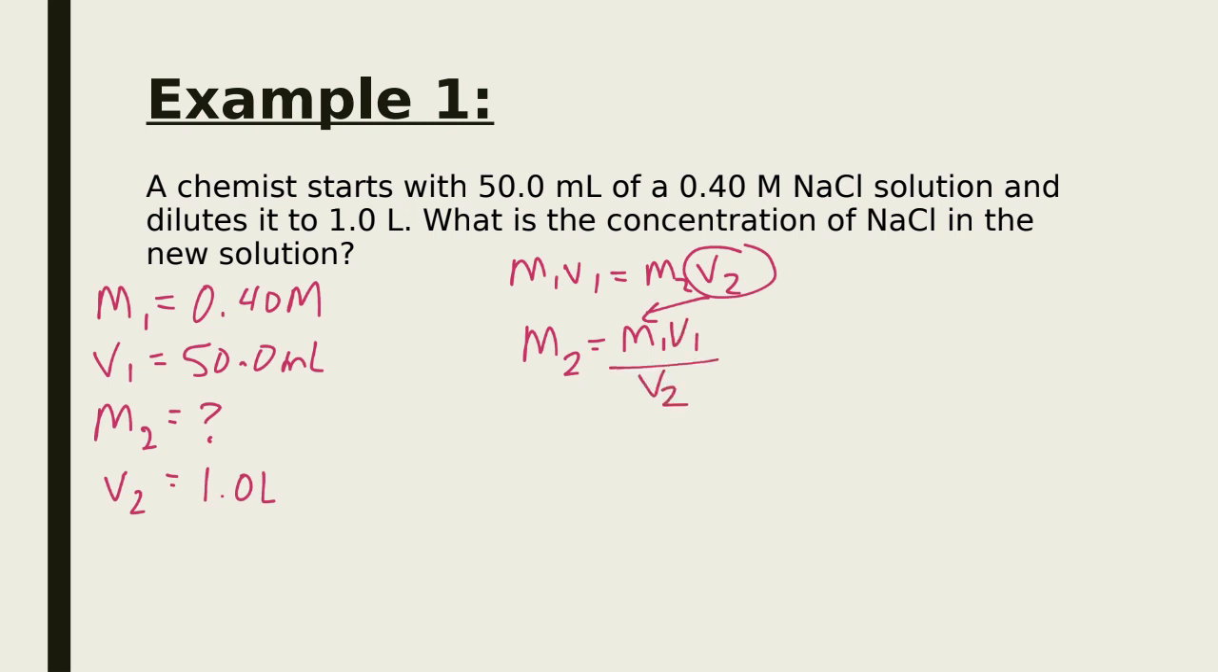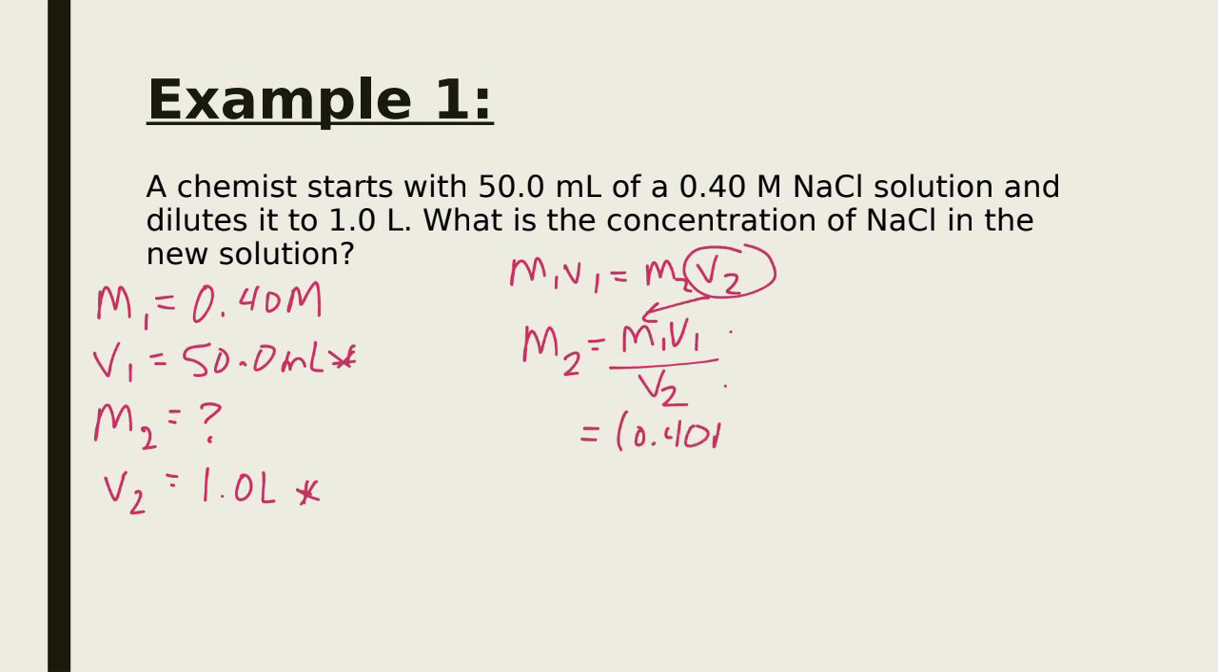M1V1 over V2. Now, when we sub everything in, we need to notice that my units for volume do not match. When we do a molar concentration calculation on its own, we need to have the volume in liters. But here, because we're going to be dividing out our volumes in our equation, it really doesn't matter what unit we have because they're going to cancel out anyway. So I might just use milliliters here. It doesn't matter what you pick. It's going to cancel out, but you just have to make sure that you convert and that you're using the